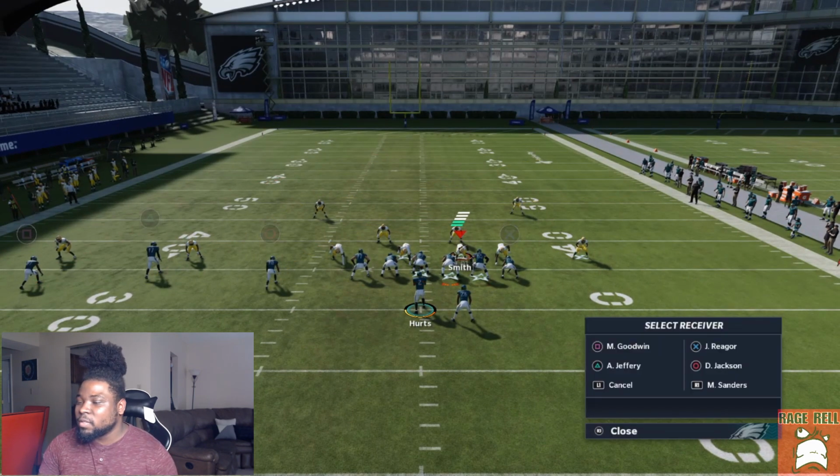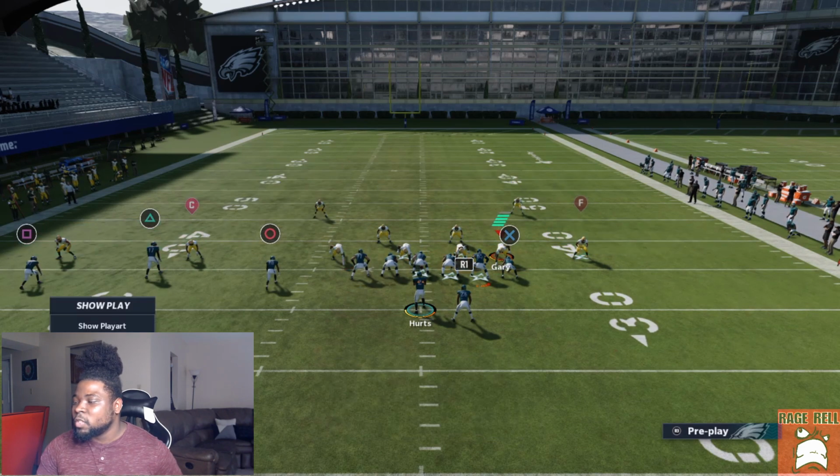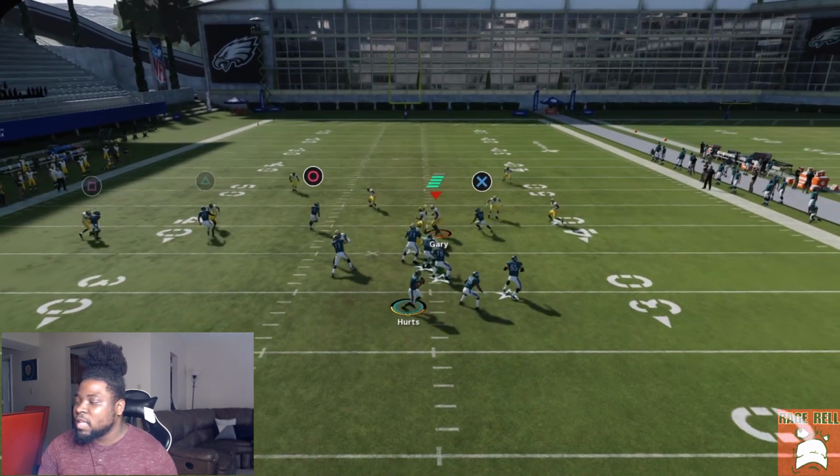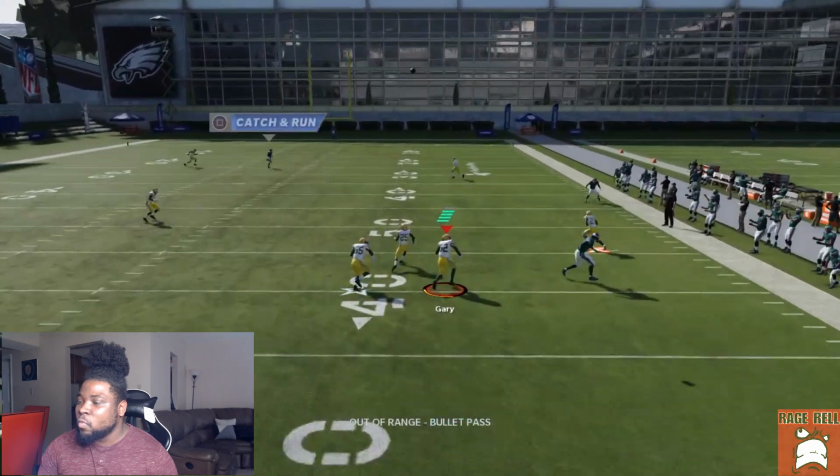So let's go and put X on the drag, triangle on the in route. Go ahead and block our running back. Go ahead and spy these two right here. So let's go and snap the ball. Boom. You can tell sometimes you can have X, sometimes you can have square, or if you wait, then you